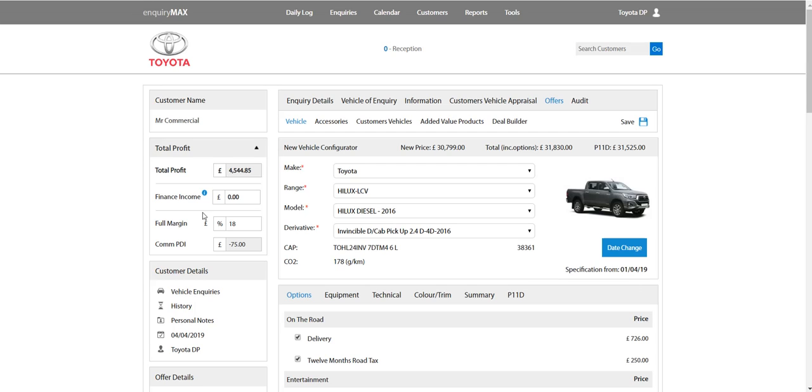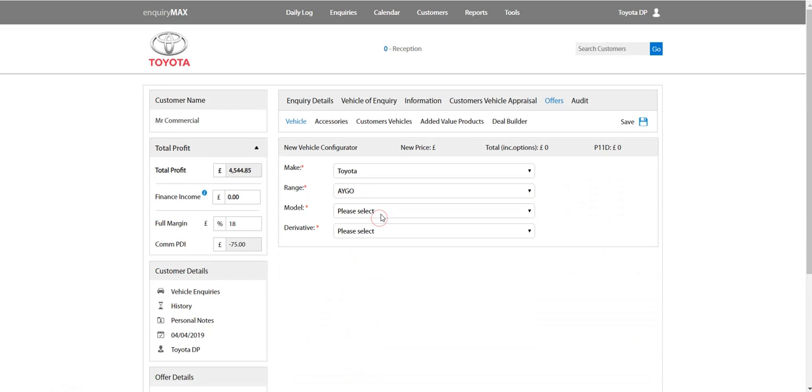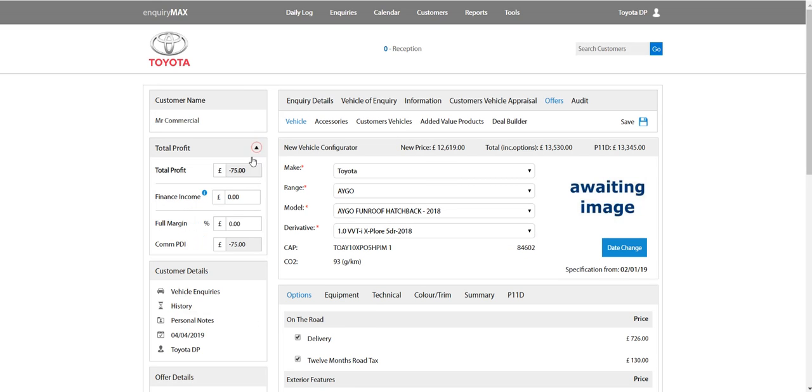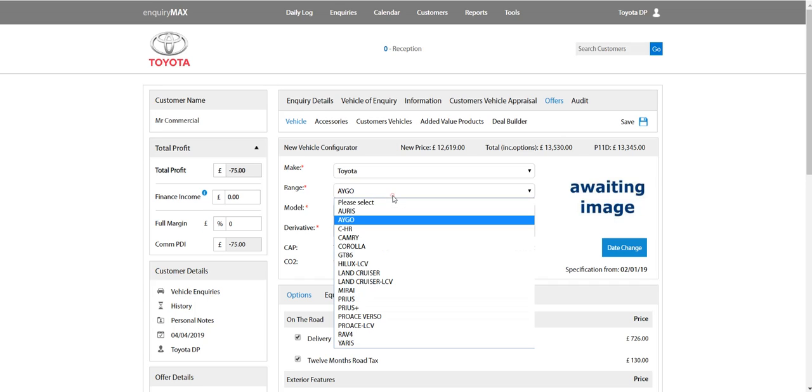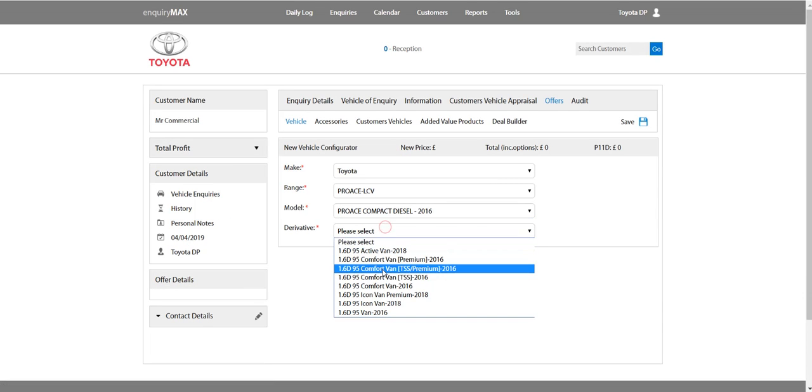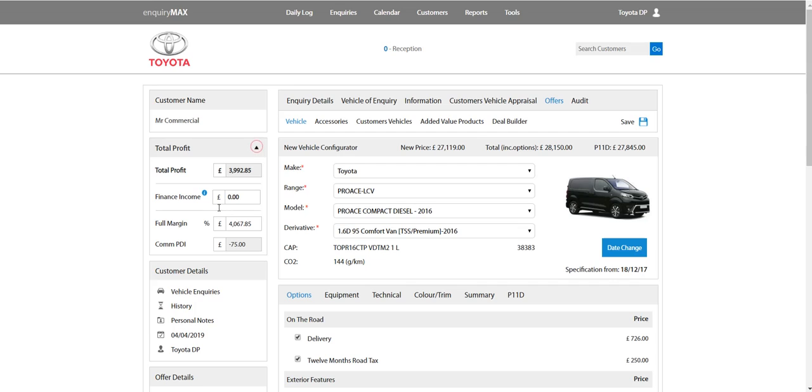So if I choose any other vehicle, so let's say one of those, I get no percentage because I've only set the percentage to appear if I select a Hilux or a Pro Ace. So let's go into one of these. So you'll see what I mean. So again, there you go, that's my other 18%. So based on the car I choose, will automatically select how much margin I've got, but that's obviously done in the setup of it. Now into reporting, if I go into